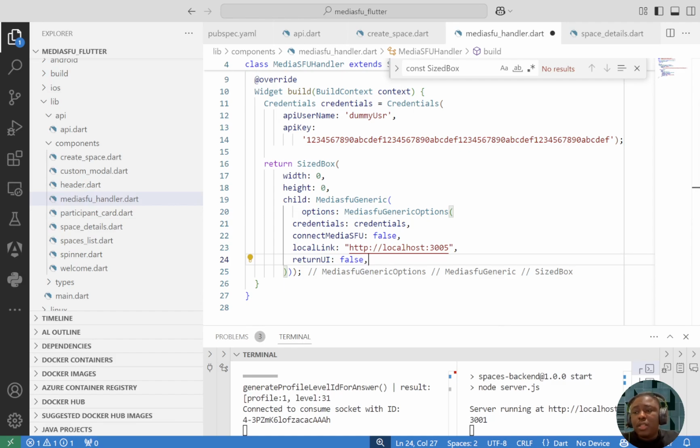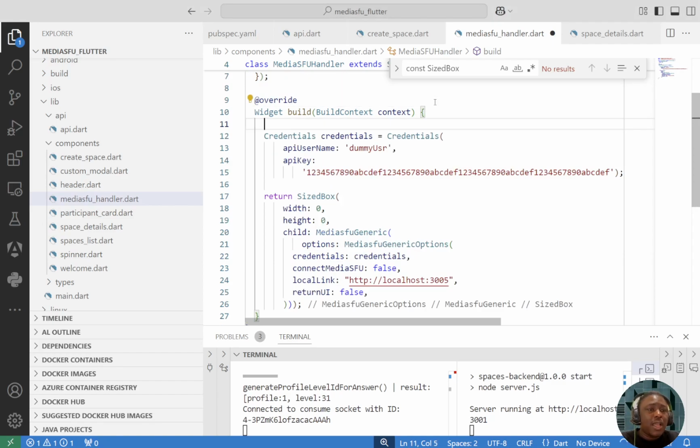Mostly it's one of two things: we are either joining a room or creating a room. MediaSFU requires a join or create option depending on whichever scenario you're dealing with, and you can create and pass that as needed. It needs to be one of each at a time. It's either you're creating or joining, you can't have both functions, so you need to handle it dynamically. To illustrate that, I'll create a dynamic function. I'm going to call it no UI options, and essentially I'll pass this to the MediaSFU generic